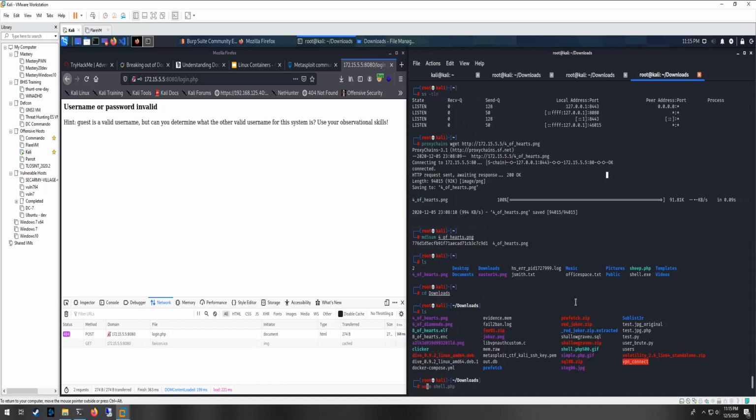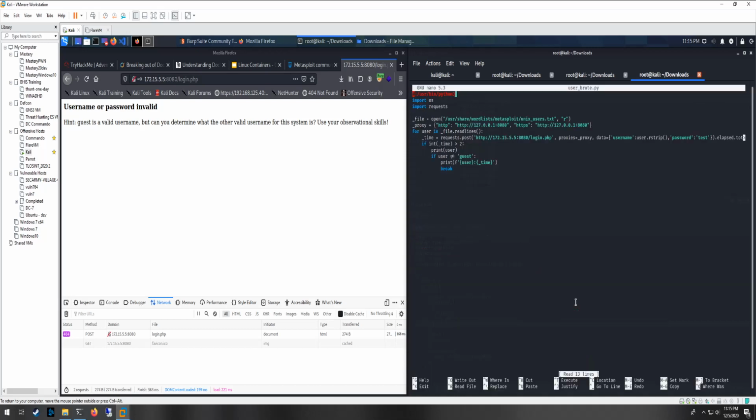Yeah, so my user brute is pretty simple, using Python, import OS, import requests. I went ahead and started with the Unix users usernames, opening that as read-only, setting my proxy because I need to be able to pass that to the end